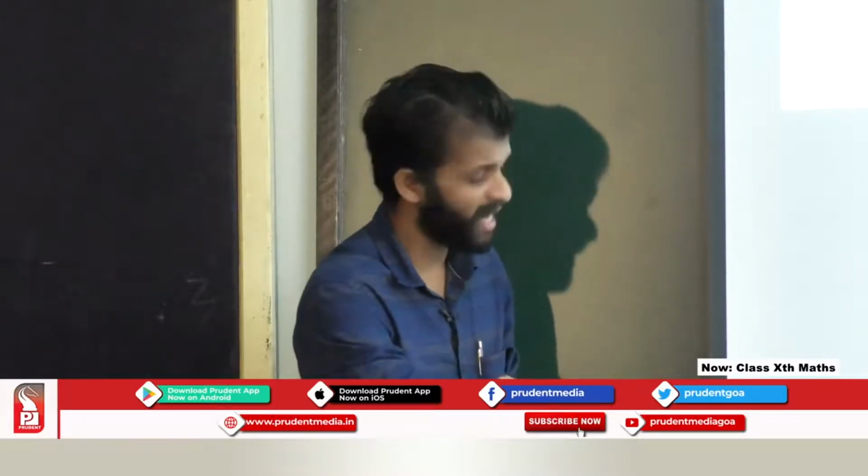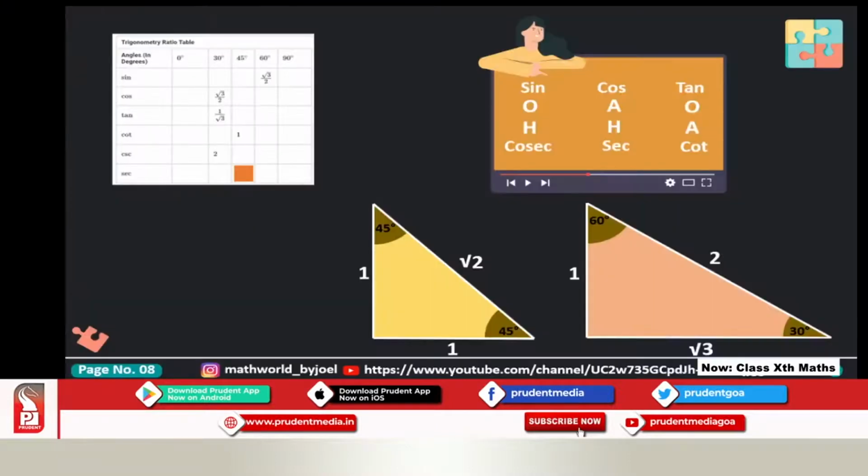Let's try another one, sec 60. Okay, and by the way it is sec, S-E-C, sec. So here for 45, it will be hypotenuse upon adjacent, and that's how you get all the values. So I'll just quickly run through it, and like this when you do,